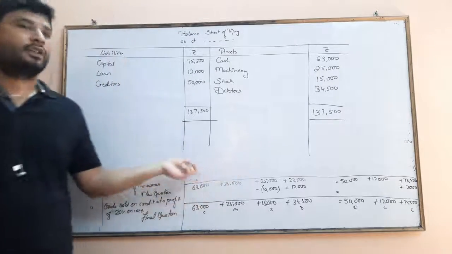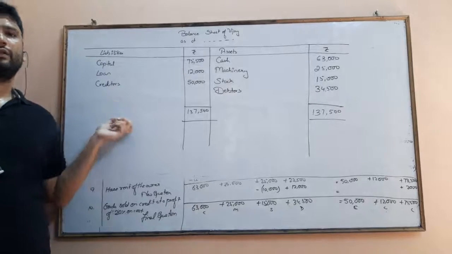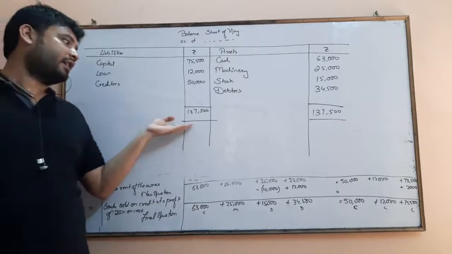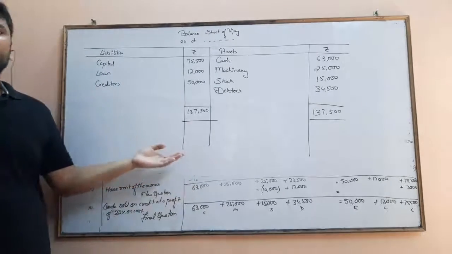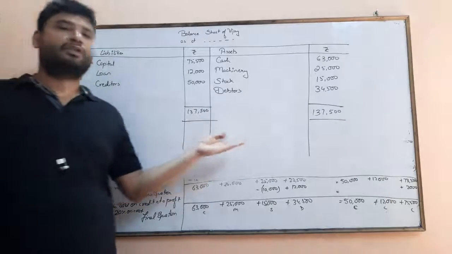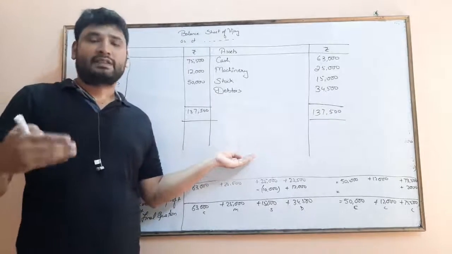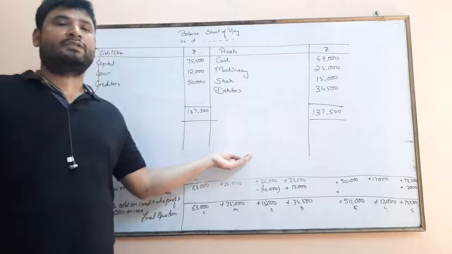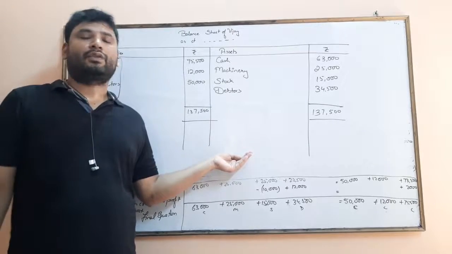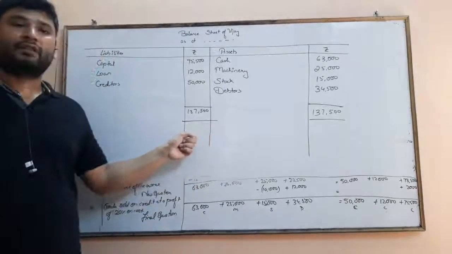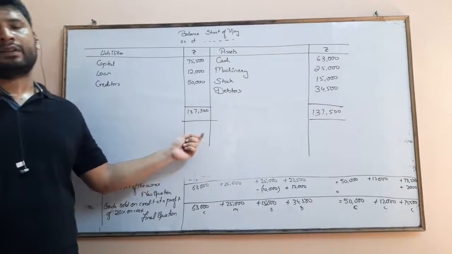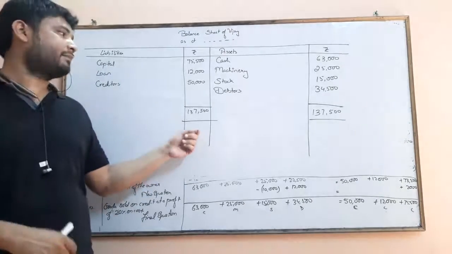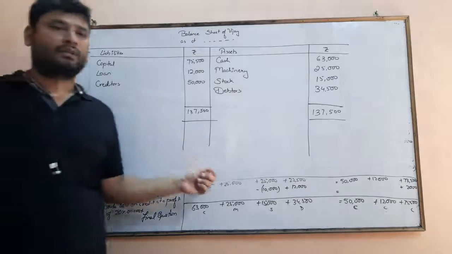Hope you have understood. We'll do one more question related to the accounting equation, and I will tell you again how to create a balance sheet with that question. That will be the last question of accounting equation for today, but we'll still continue with some more questions related to the accounting equation in the next video. So today one more question we'll do, and then I'll give you some questions related to the accounting equation for your homework.